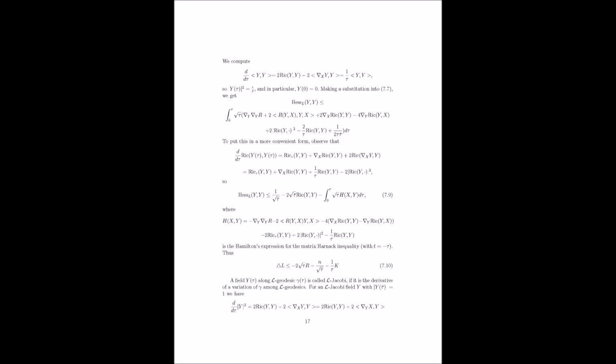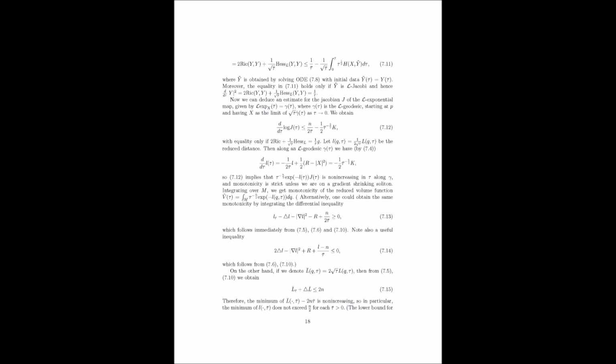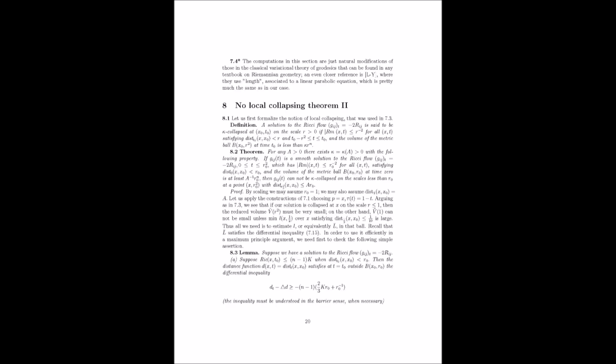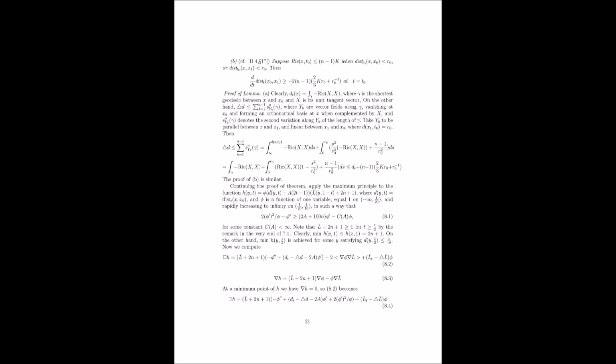That's amazing. You mentioned earlier that there's a special case where breathers do exist. What is it? Yes, they're called gradient shrinking solitons. Think of a balloon deflating perfectly symmetrically. Okay. It shrinks, but the shape stays the same. Gradient shrinking solitons are like that. They evolve under the Ricci flow, but their basic geometric features remain the same. So they're like self-similar solutions to the Ricci flow. Exactly. Shrinking, but keeping their form.